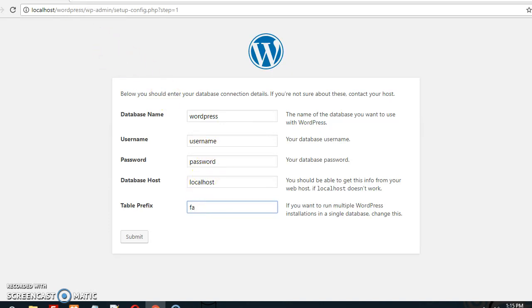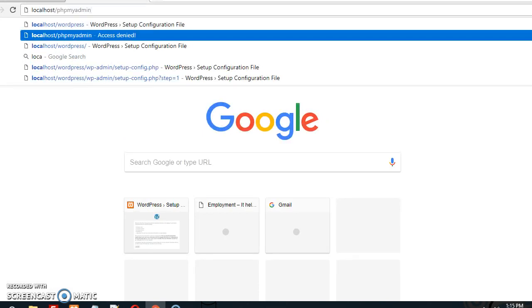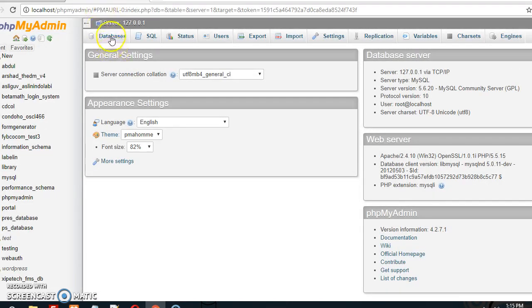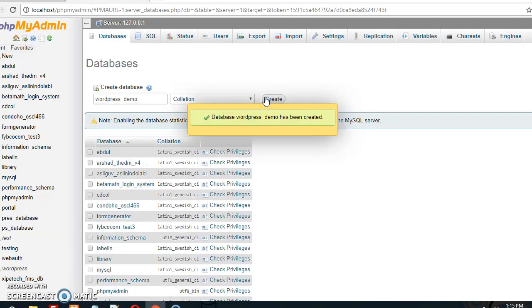Localhost, I need to create the database first, localhost phpMyAdmin. Here I am going to create one database. Its name is WordPress demo. Creating database.